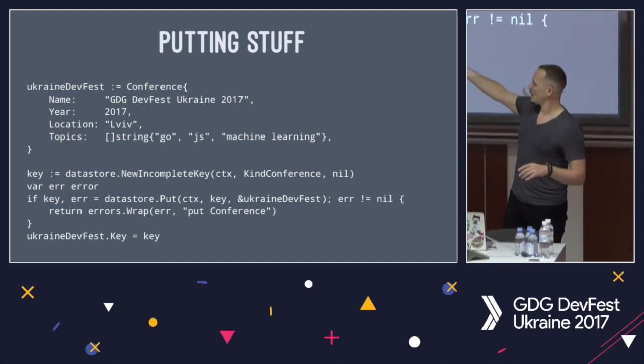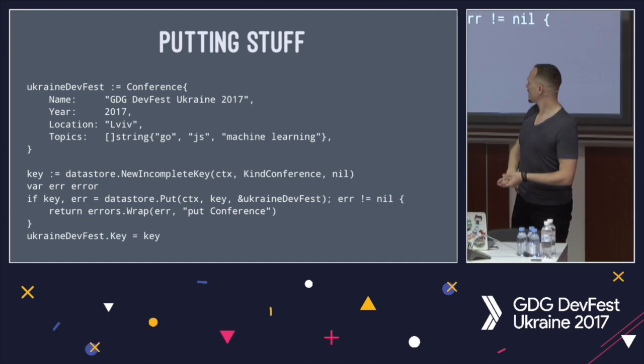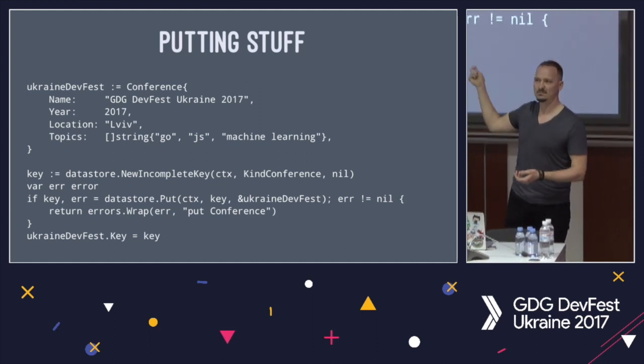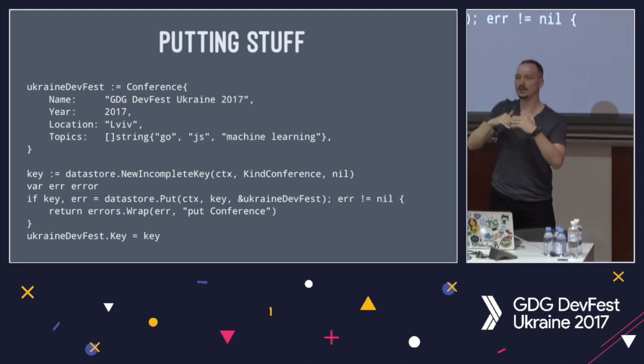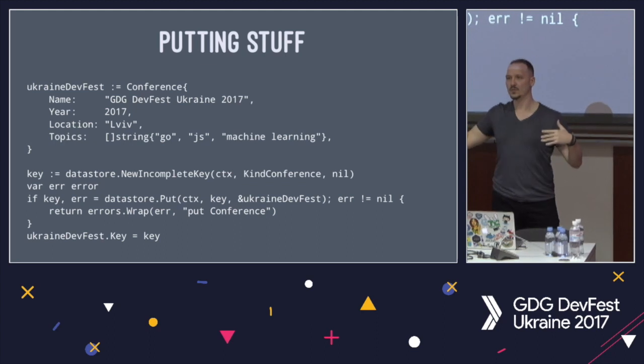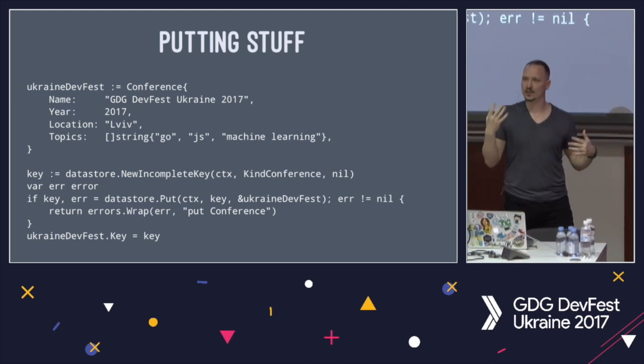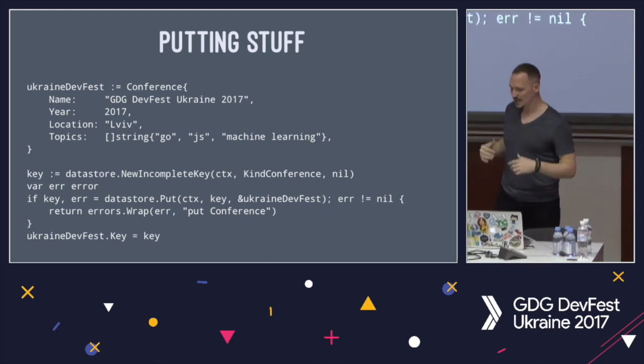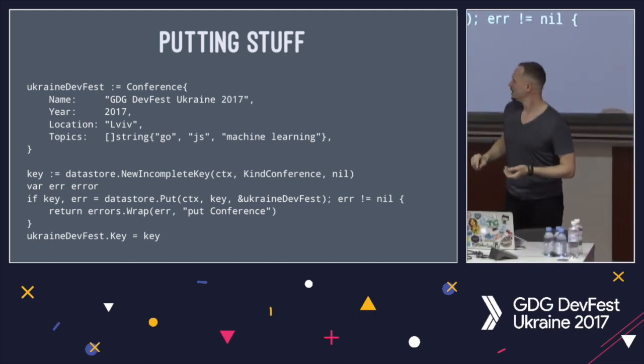And you use NewIncompleteKey, let's say. We pass in a context. We're passing in the kind. We use that constant everywhere. And you can have a parent for the key as well. And that's quite significant. I'm not going to go into it now, but it's worth looking at what the ancestor keys do, it has some kind of guarantees around consistency that are worth knowing.